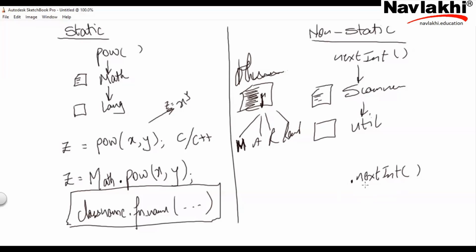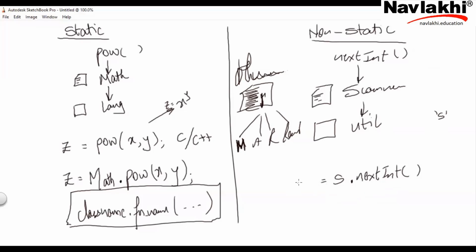So this is a non-static function belonging to scanner class. But to access that, the very first thing is I have to instantiate this. I have to create instances of this. I'll have to create objects, and through that object, I can access the next thing. For example, if I create an object, say S of the type scanner, then I can do S.nextInt. But S banana padega pehle, which is a little different process. So first step, you'll have to instantiate the scanner class, and through that instance, we can access the non-static function.